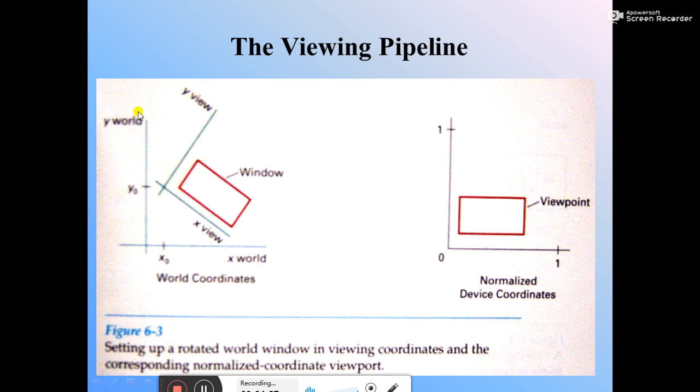The world reference coordinate is like this, but the viewing coordinate is tilted, and that is why the window is tilted. But this part is mapped to this point, and this is normalized from 0 to 1 and 0 to 1, that is the maximum. Okay,